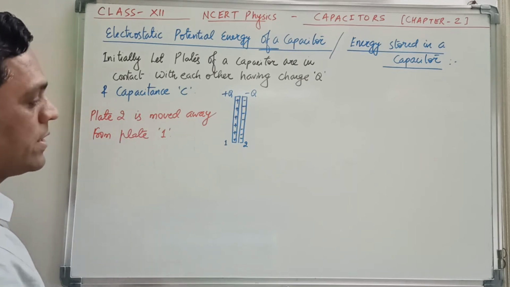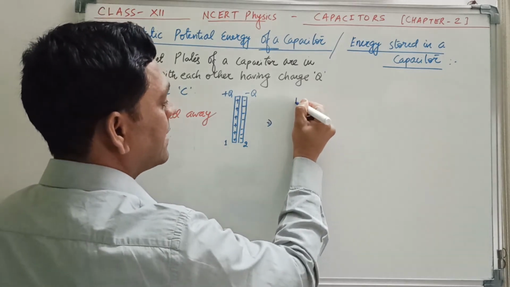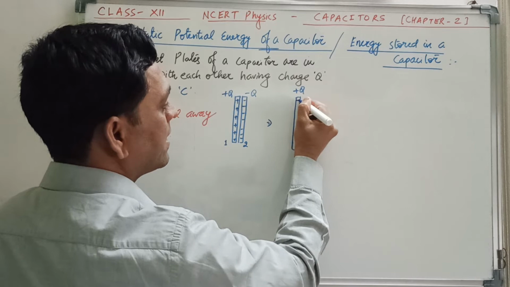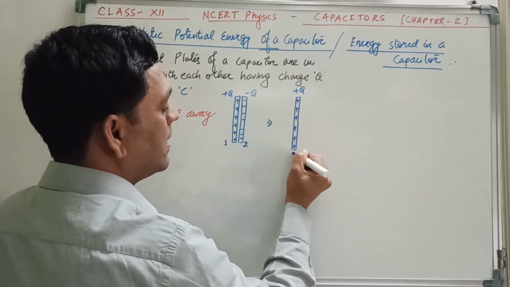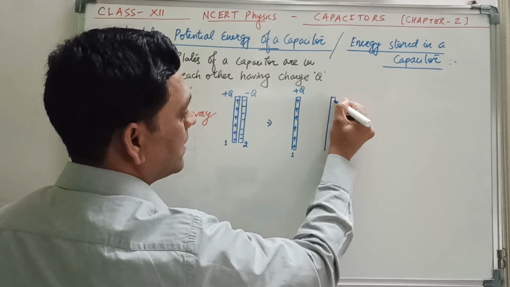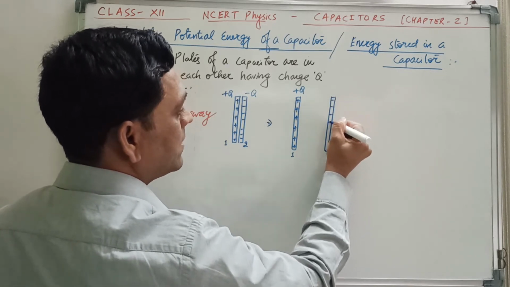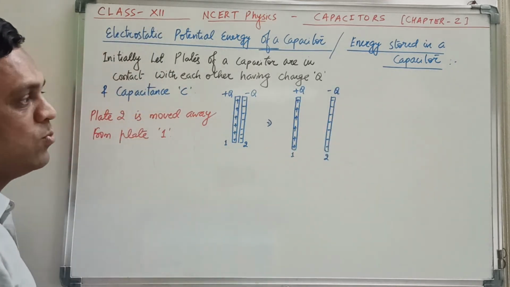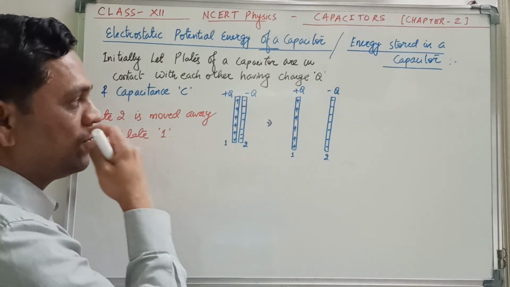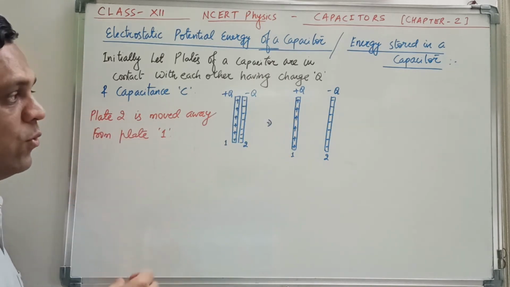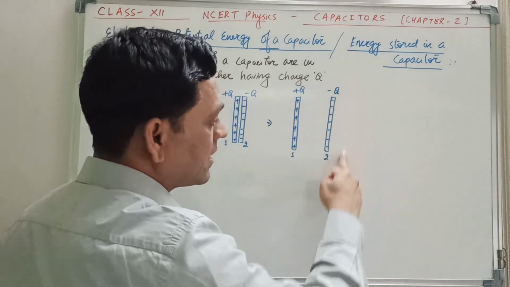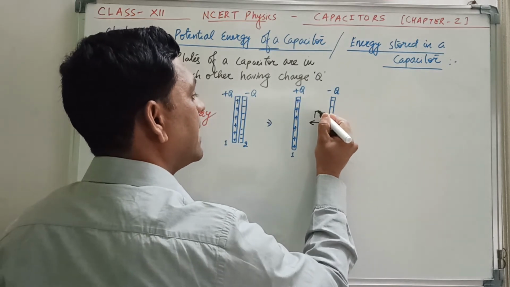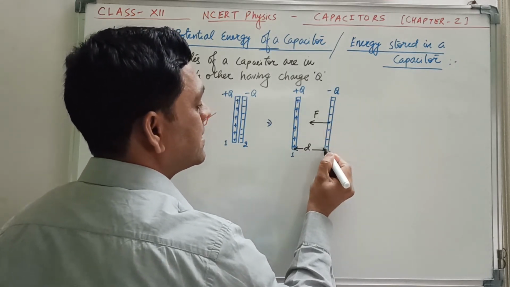Then what happens, as you take this plate away from this, and let the distance between the two plates is increased to, say this is plus Q charge plate 1, and we have kept the other plate here, then minus Q will be the charge on the other plate. Then as you move away this plate 2 from plate 1, there exists an attractive force, because plate 1 will exert an attractive force on the plate 2. So that attractive force will be acting in this direction only. Correct? Let we have placed it at distance d here.